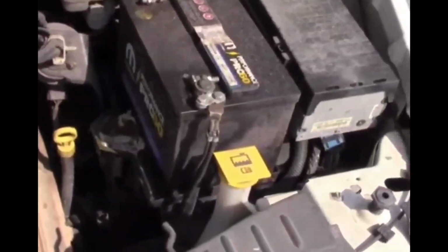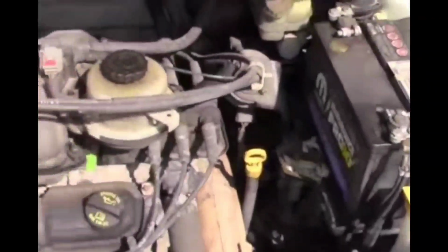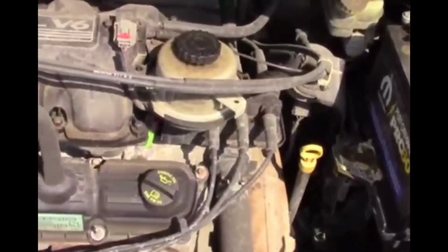It's very rare that the alternator is completely dead after it's parked, and then you try to turn it on and have no power whatsoever. Normally, if you have a bad alternator, the alternator isn't putting out sufficient current to the battery, or it doesn't generate enough current to the battery. And what happens is